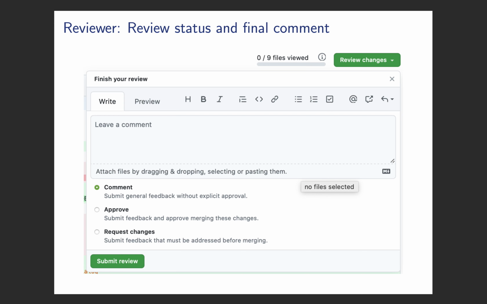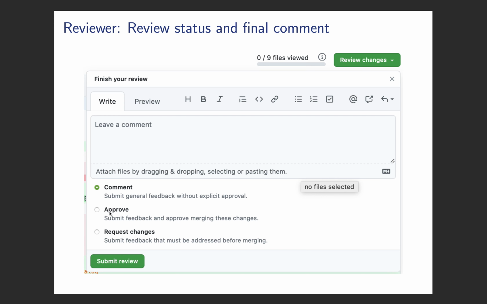So we've got three options: comment, approve, or request changes. I basically follow what they say here. If there are important changes, I'll say request changes. If maybe I'm only halfway through the review, then I might say comment, like, hey, I've still got a ways to go, but here's a set of things to look at. There's approve, and then there's actually a fourth one that I use a lot,